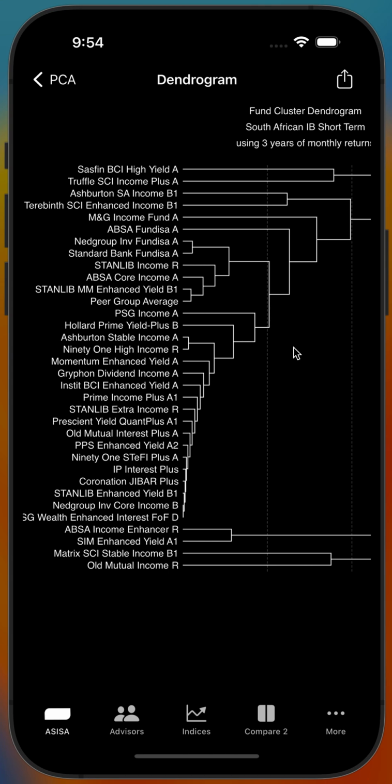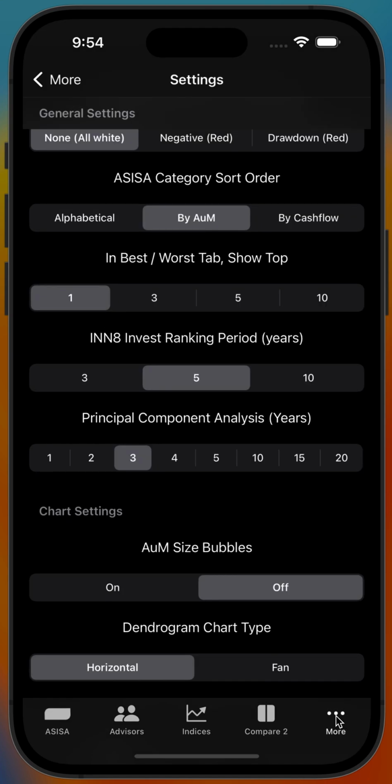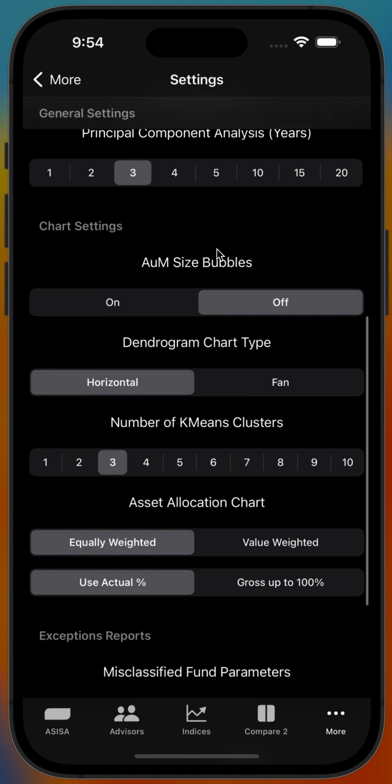So you get a good idea of which funds are similar and which funds are very different. Now you can see here that it's using 3 years of monthly return. This again is something that you could come in here into the settings and change. So if you scroll down a little bit here, you're going to see,